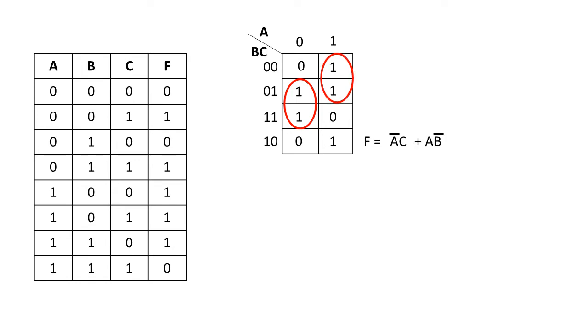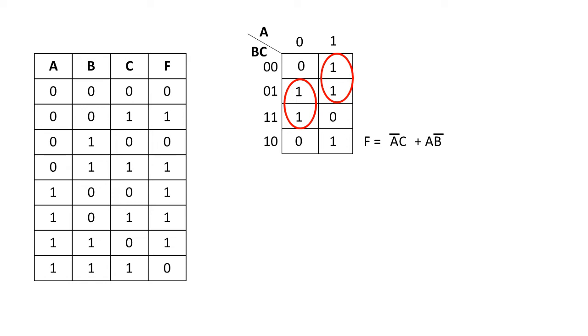Okay, so now observe the position, that is A1. See, A is 1 for both these two fields. The value of A is 1 for these two fields. Now if you observe B, B is 0 for both these two fields, that is why you have taken B. Okay, so A and B, but you can see the B value is 0, that is why you have taken not B. A not B, but we cannot take the value of C because for the first one the